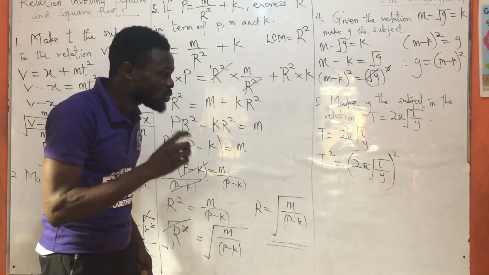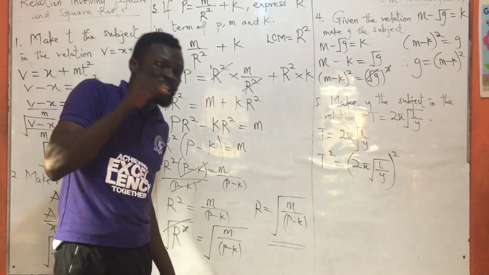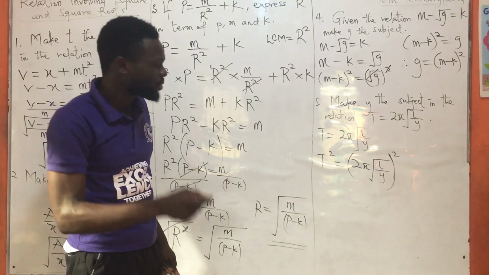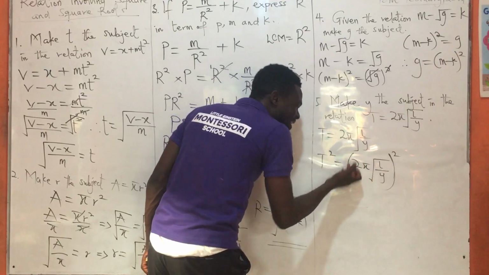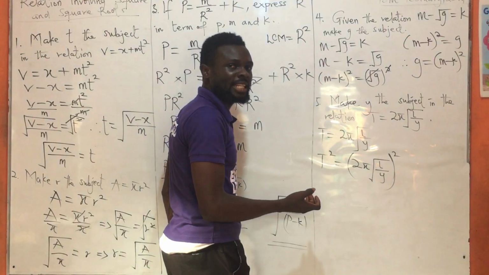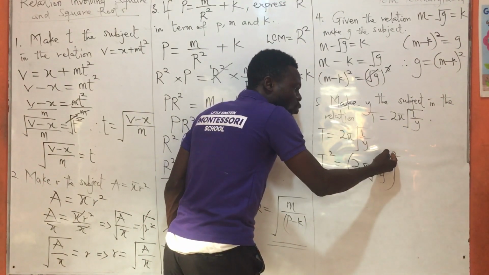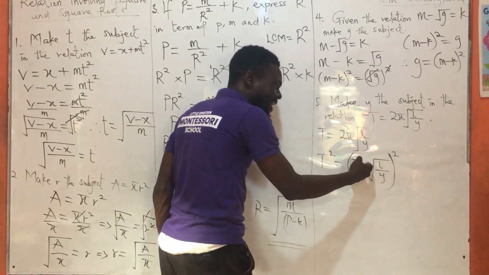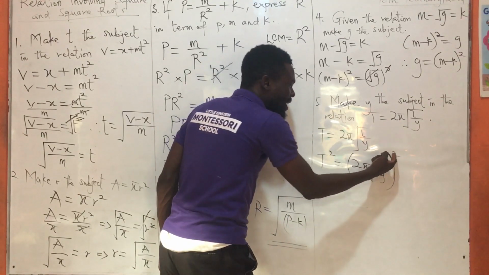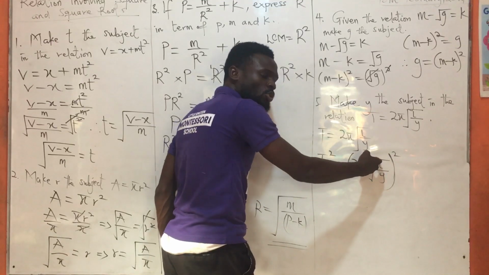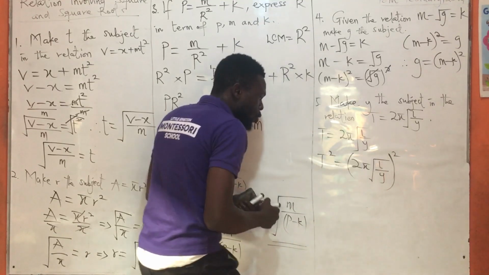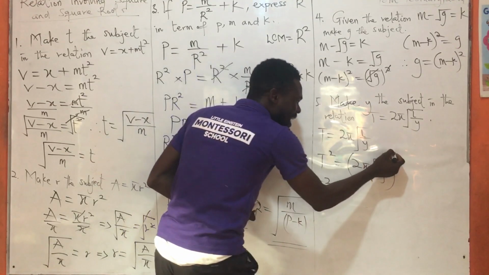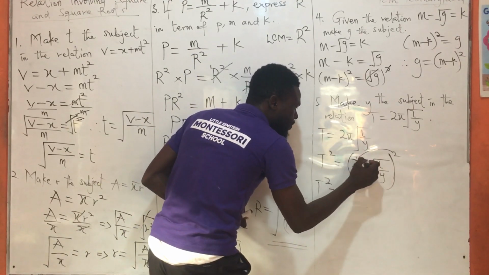The interest is to get rid of the what? The square root, so that we can solve for y. Now once you put this term in a bracket, what does it mean? It means the square is affecting the 2, the square is affecting the pi, the square is affecting the square root. So we are going to say t squared is equal to, since the square is for this,